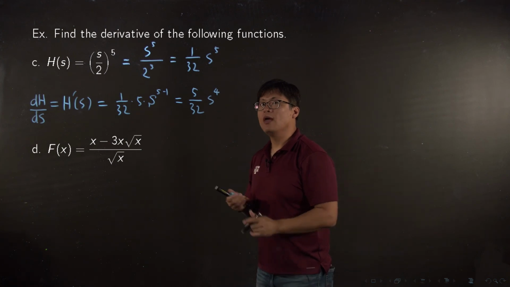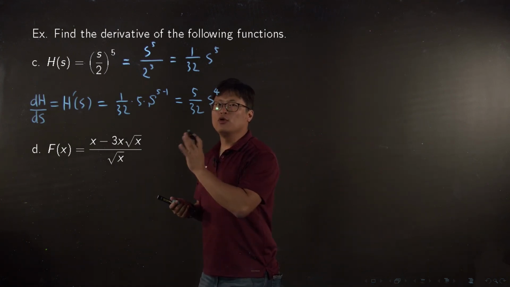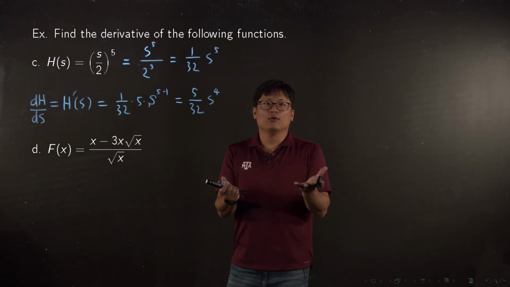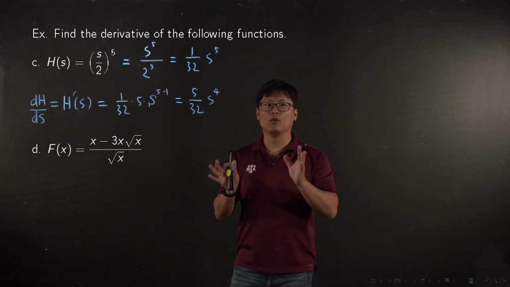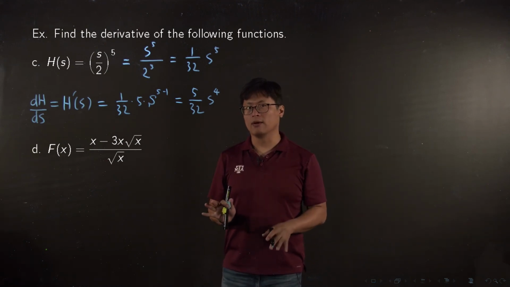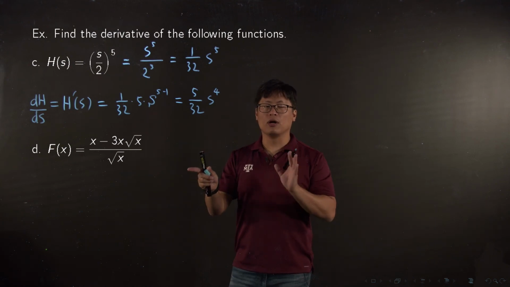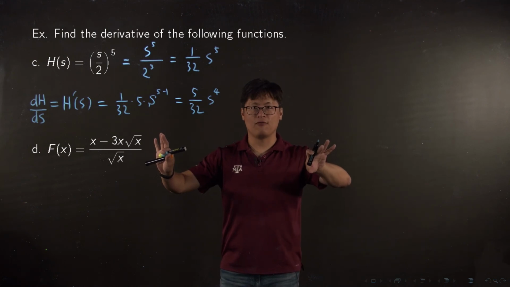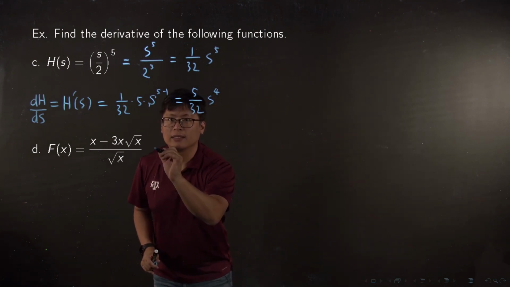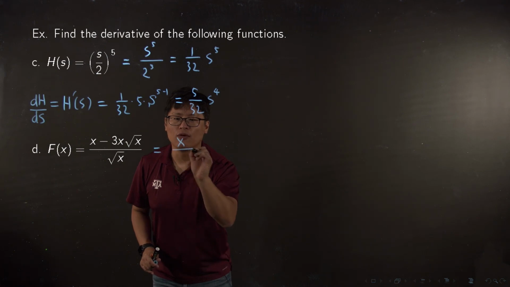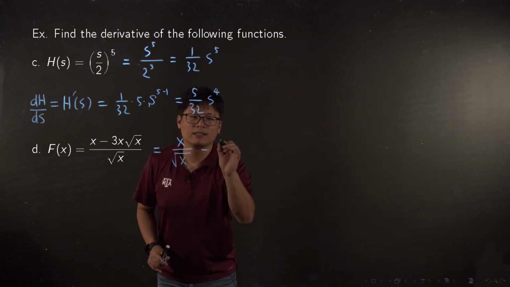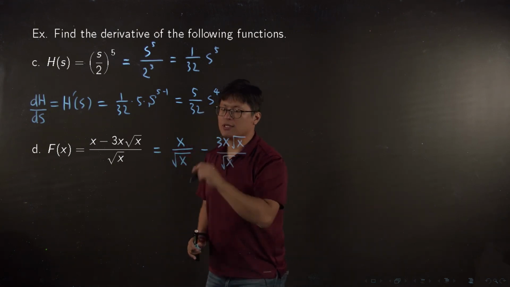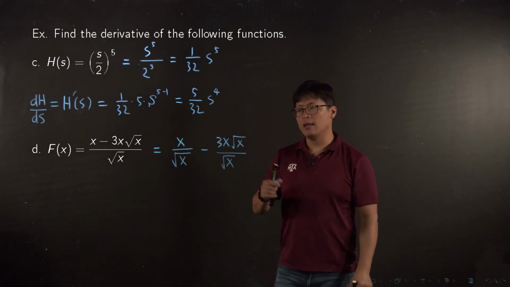What about D? Well, whenever you encounter this kind of problem, if you know about calculus you would like to use the quotient rule, right? But if you do not know about the quotient rule, forget about it. We will cover it later. Since we do not know the quotient rule, square root of x is your common denominator, which means we can split it into 2 separate fractions. Look at that. That can be written as x over square root of x minus 3x square root of x over square root of x, because square root of x is the common denominator. Let me simplify